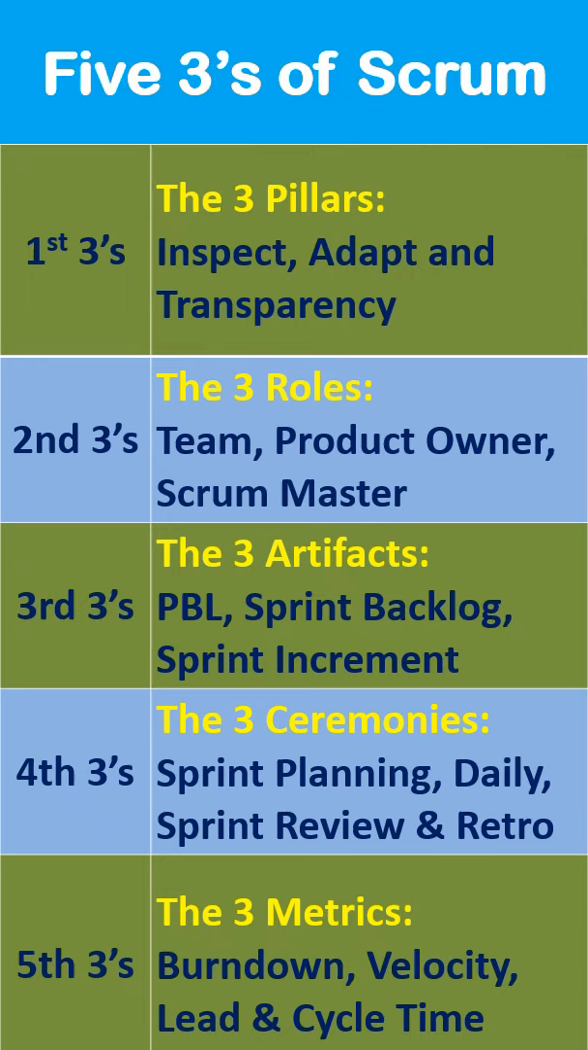So this is how we can portray the five threes of Scrum: the three pillars, the three roles, three artifacts, the three ceremonies, and the three metrics. So that's all about